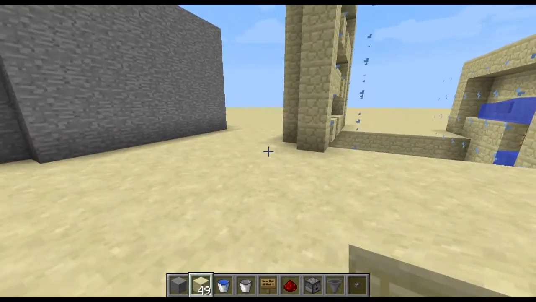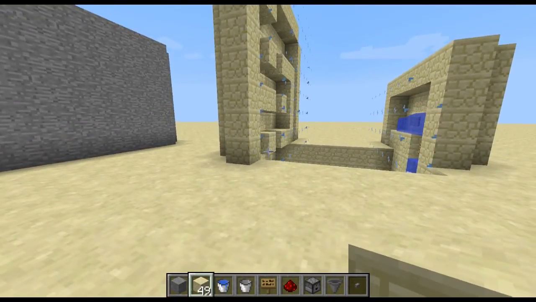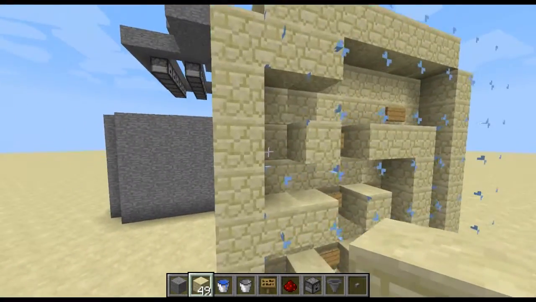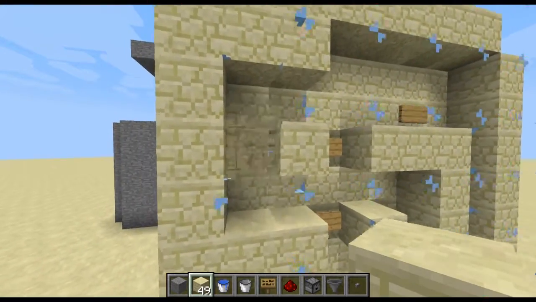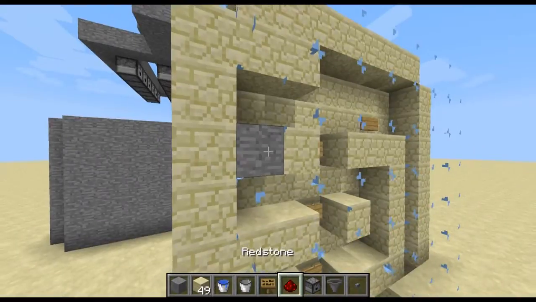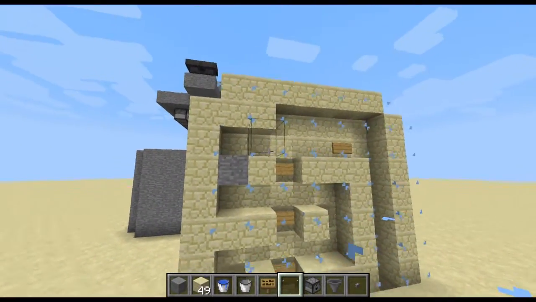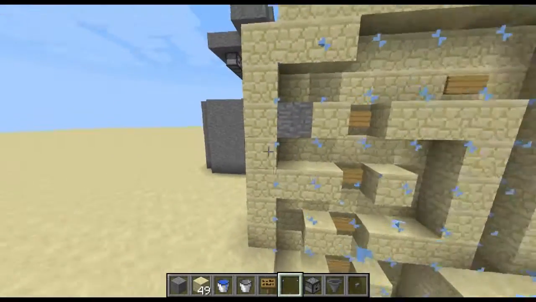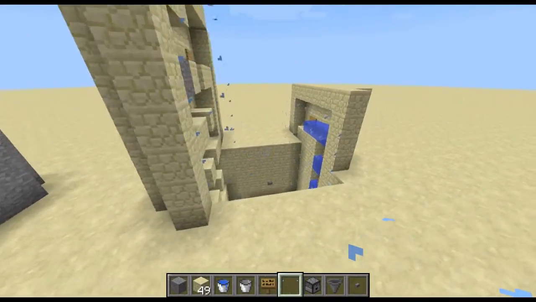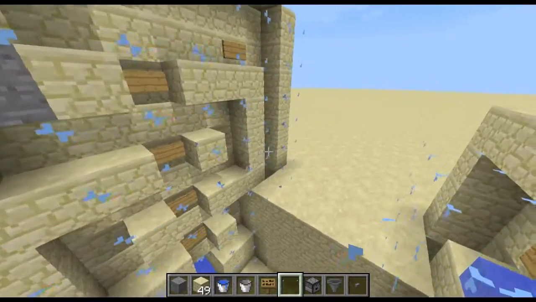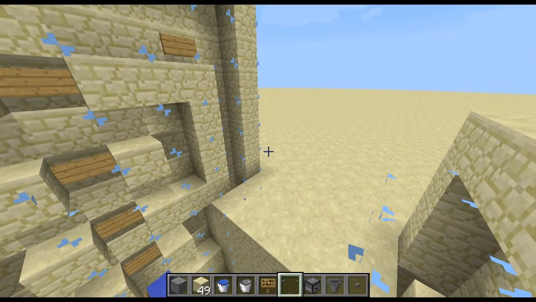Hello guys, and welcome to a quick little tutorial on my single source block mob elevator tutorial. It's a very simple and easy to use system, but takes a little bit more setup than